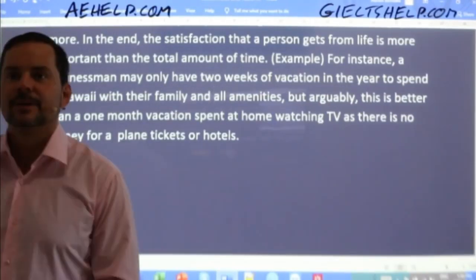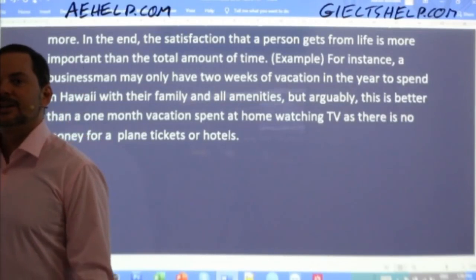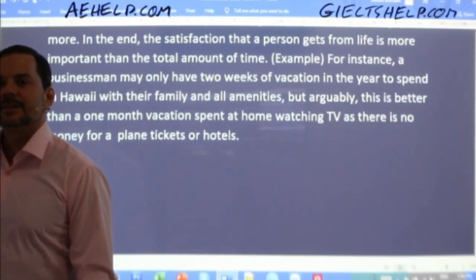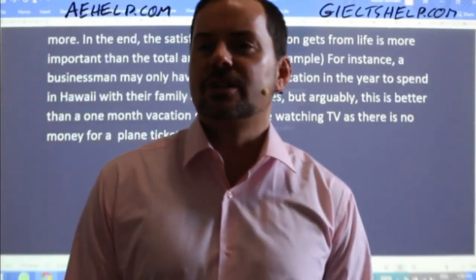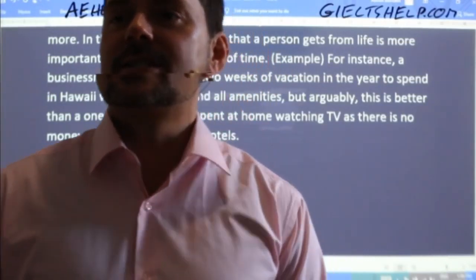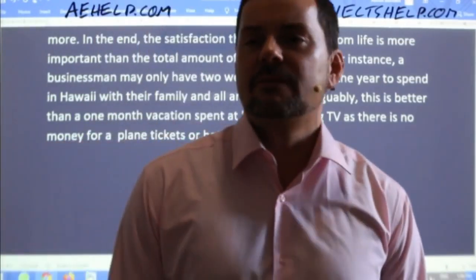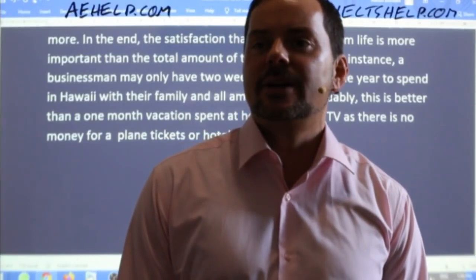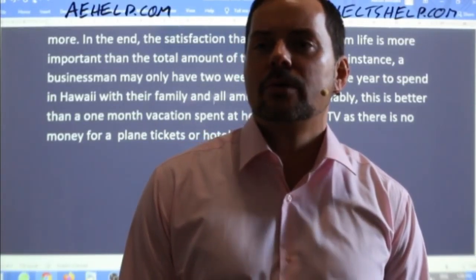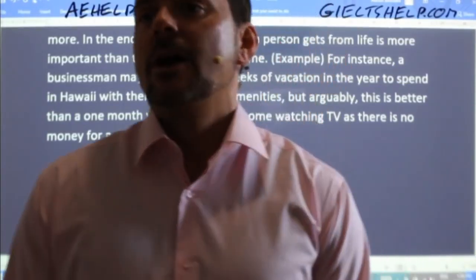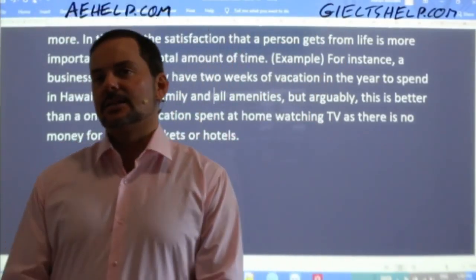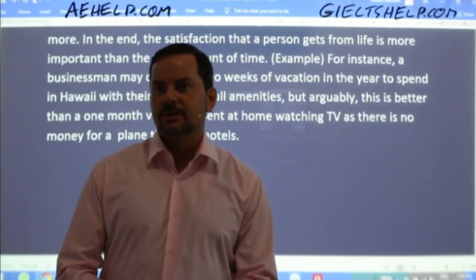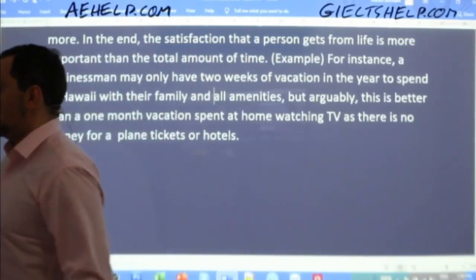Okay. Let's see. Preeti writes, for instance, if a working person has a small vacation in health stations with friends and family, they can feel more relaxed, and there is no money for that. Then if there is no money for that, Preeti, the end of that sentence is a little bit awkward, so you want to rethink that. It's confusing. Okay. All right.